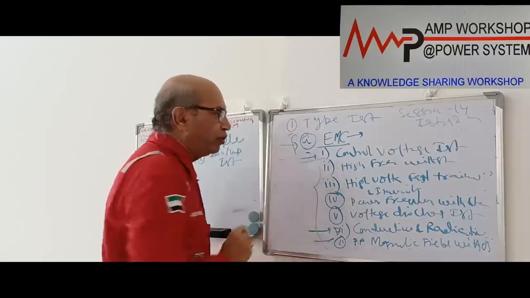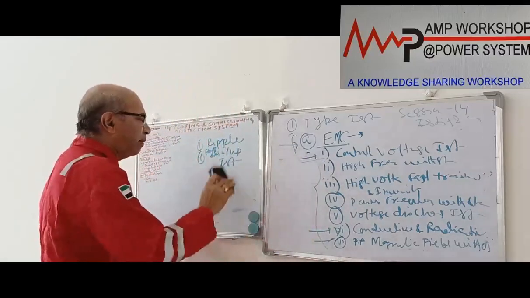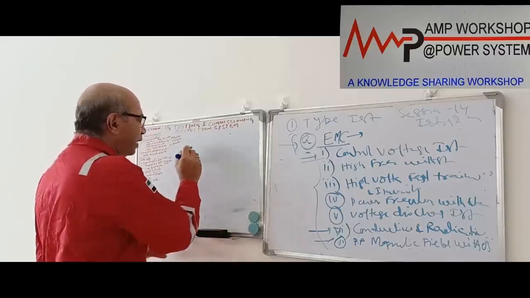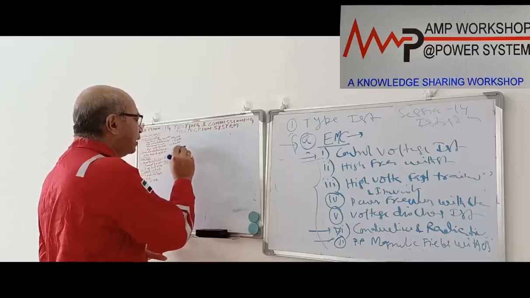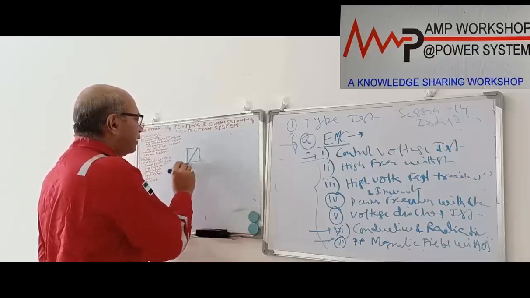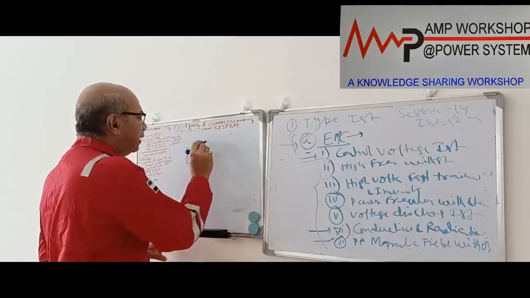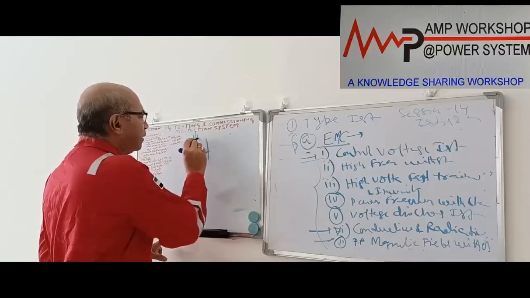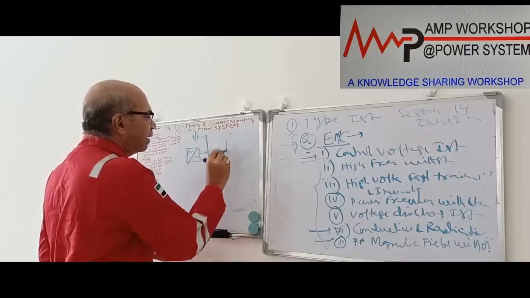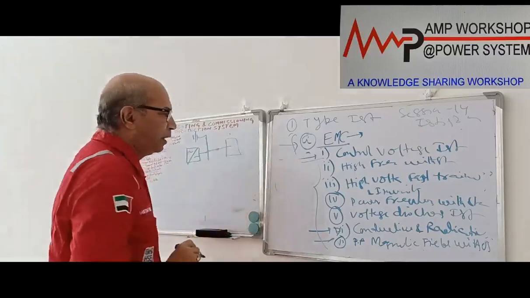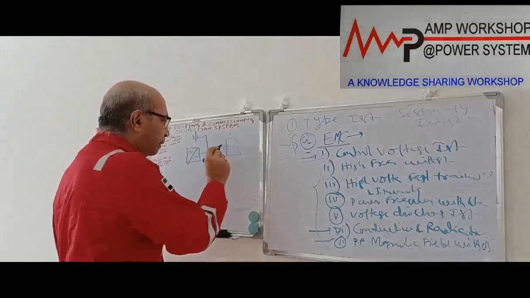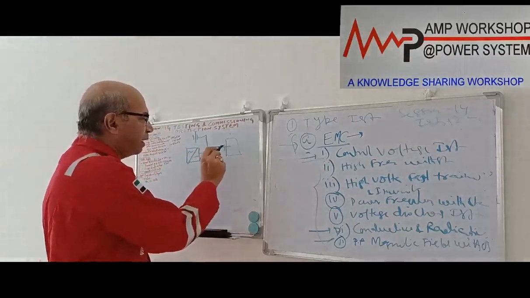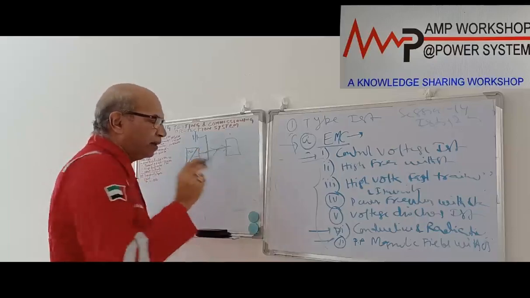Now this control voltage which we are giving to the relay, where is it coming from? It is coming from the DC system. In the case of relay supply, the control supply always comes from the DC system. What is the DC system? There is a battery charger, that is AC to DC, and then there is a battery connected to the bus. This way it is connected, and from here the supply is coming to the relay. That is the normal way. Now this supply is coming from the charger. The charger is rectifying, then filtering, and it comes over here. So this output voltage always has a ripple.